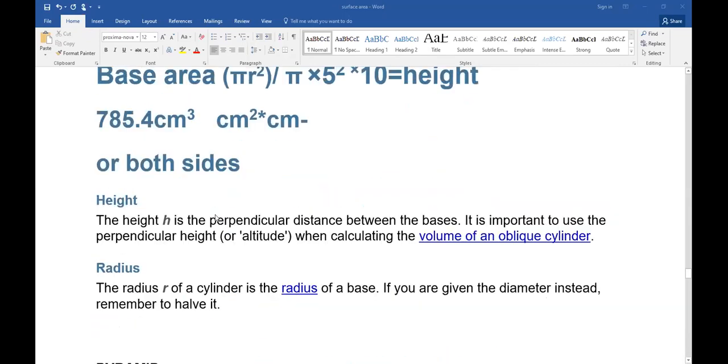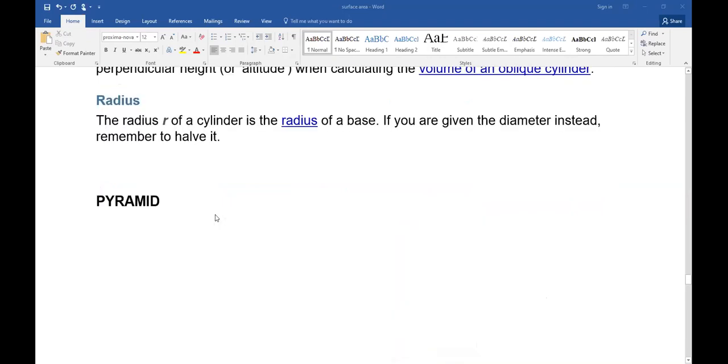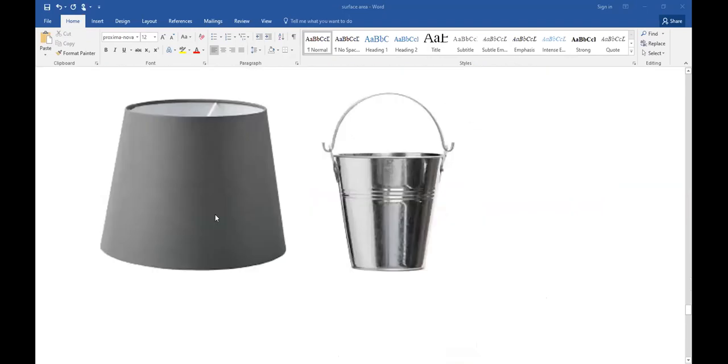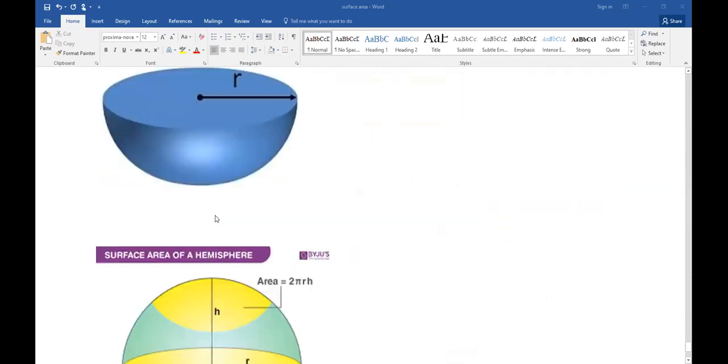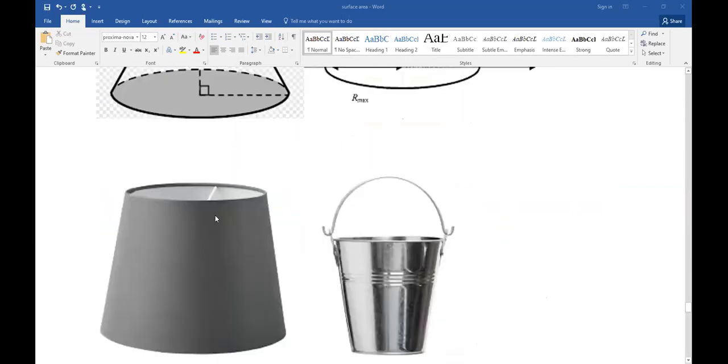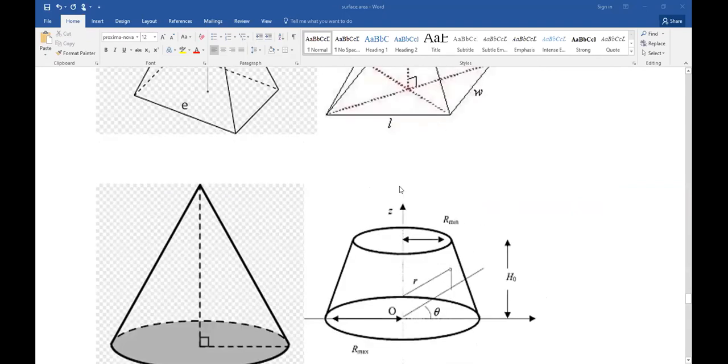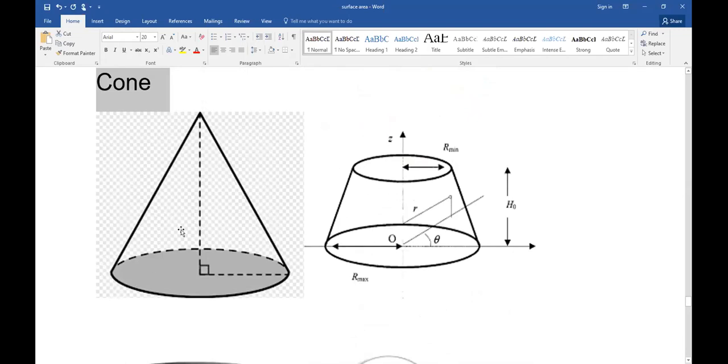We already talked about the cylinder. So now we go to the other shape, which is a cone. Let me just talk about a cone before I come back to the cylinder. Yes, cone. So this one here, we call it a cone. It is conical in shape. So a cone,